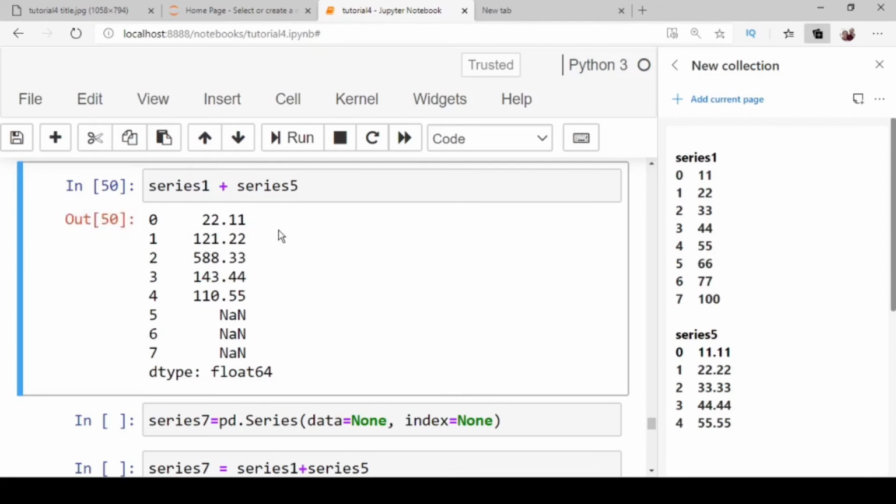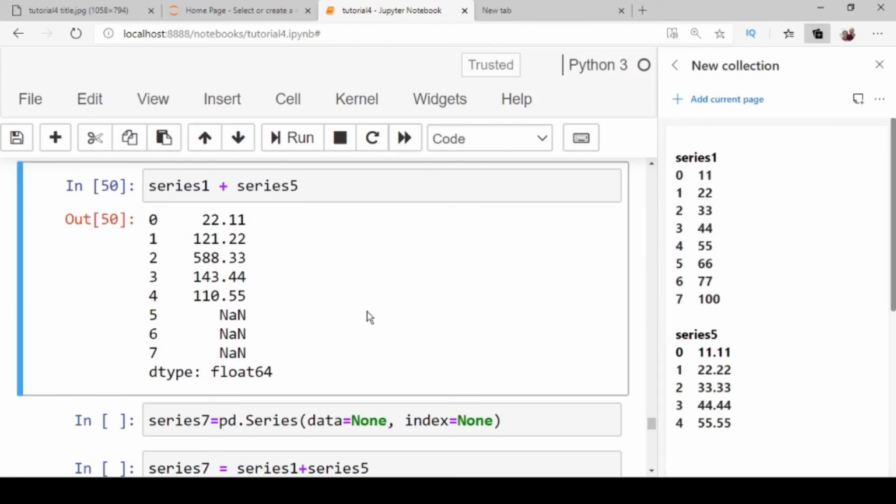You have observed that after performing the arithmetic operations on the two series objects, the indexes in the resultant object are the union of the common and the different indexes of both series objects. You can see that series 1 plus series 5 has produced the indexes 0 to 7, which is the union of series 1 and series 5.